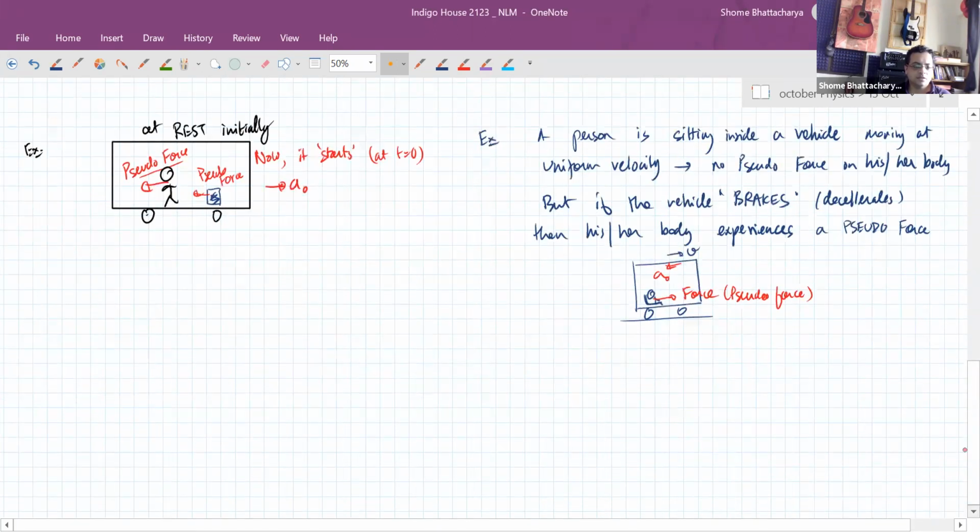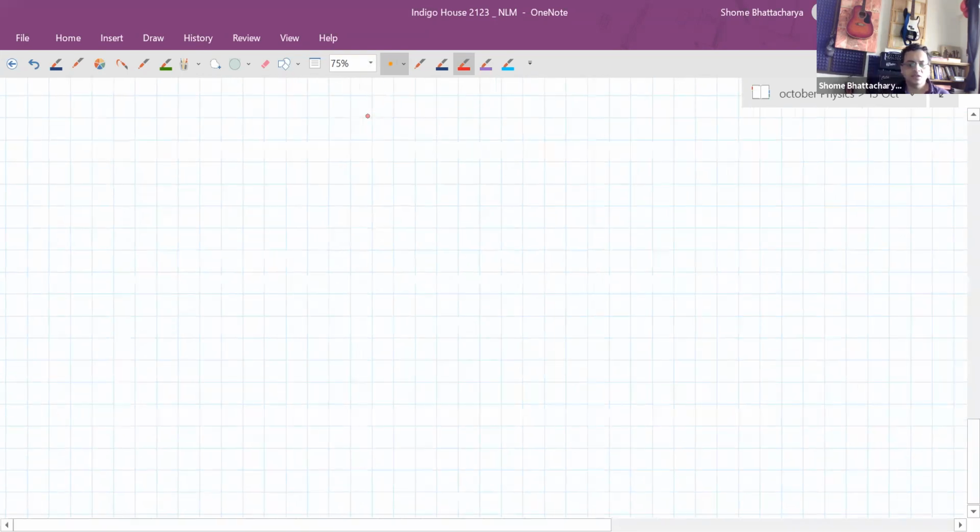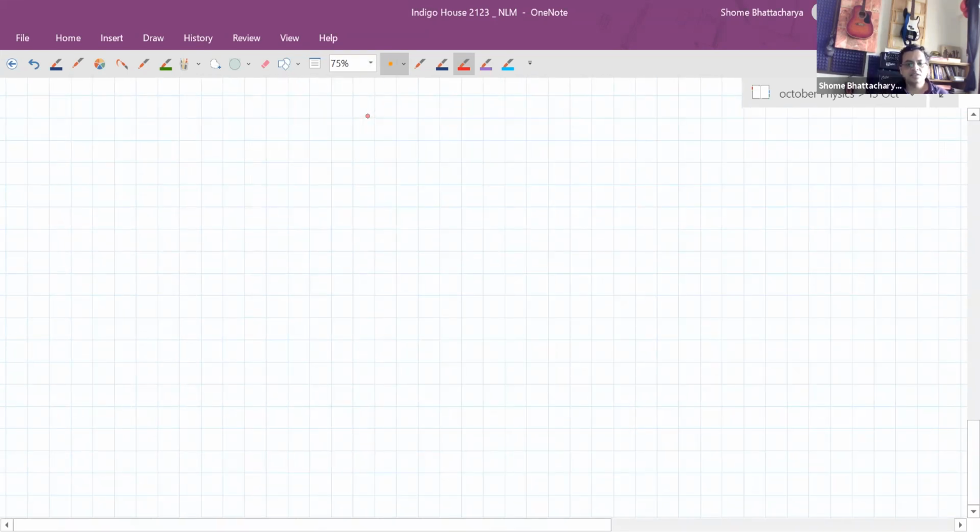But the issue is how would we adjust the situation if our experimental frame, let's say our physics laboratory, is in a non-inertial frame, not on the ground, so we are not able to measure anything with respect to ground. We are measuring everything sitting inside a frame which is accelerated, like sitting inside that vehicle. Then how do we apply the laws of physics, or in this case the second law? So that is the whole point over here. Okay? So pseudo force,